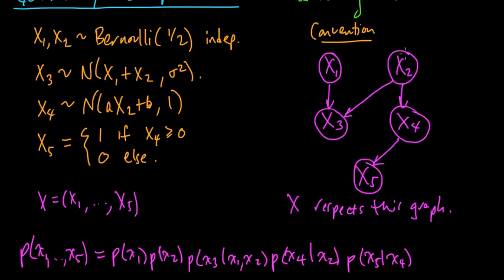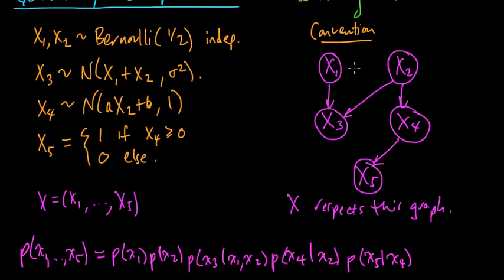You specify x1 and x2, and then x3 depends on those, and so on and so forth. And it's a very nice way to intuitively envision or visualize the joint distribution. You can imagine drawing samples,